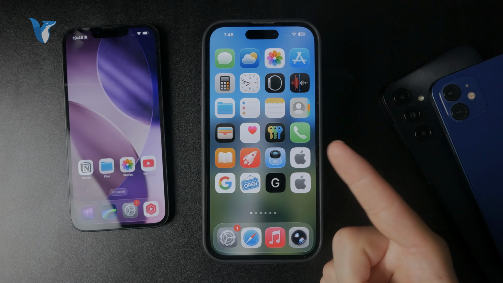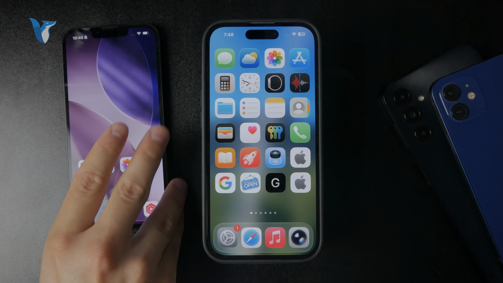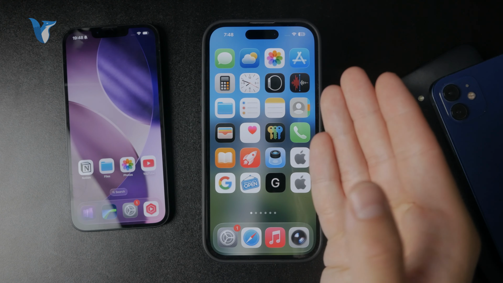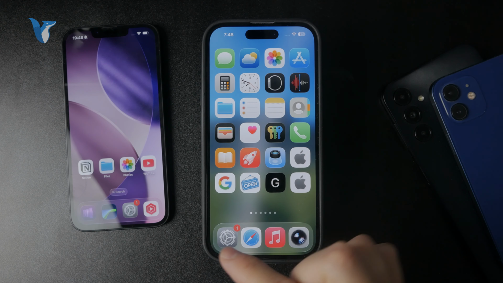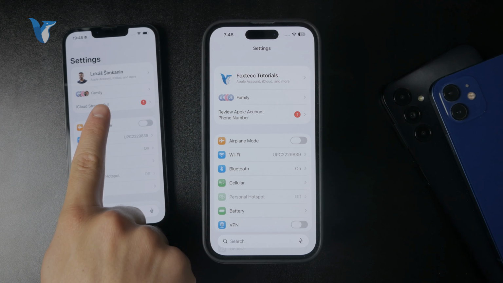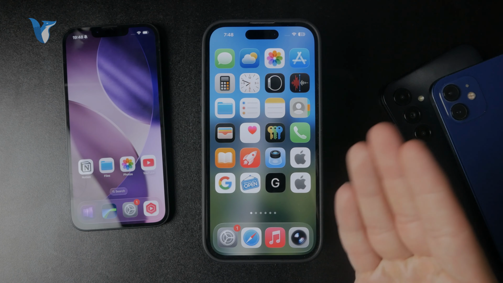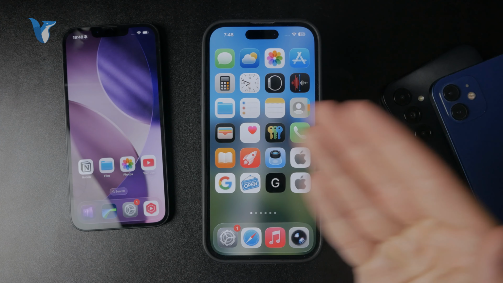So the first scenario is that you have your phone and someone else's, both signed in with a different Apple ID. You can check it out inside of the settings. At the top, I have a different account in there, right? And in this case, you cannot sync them over iCloud or anything, and you have to actually share the notes